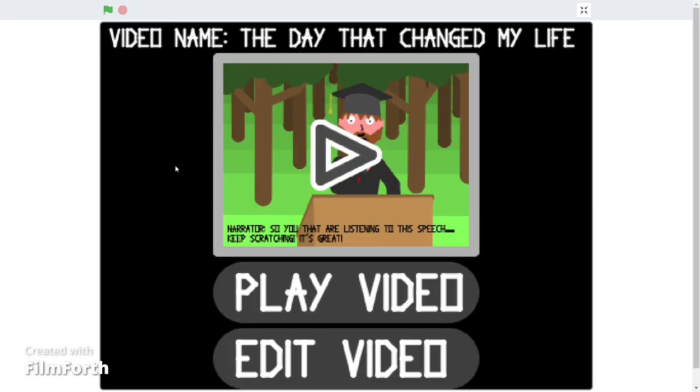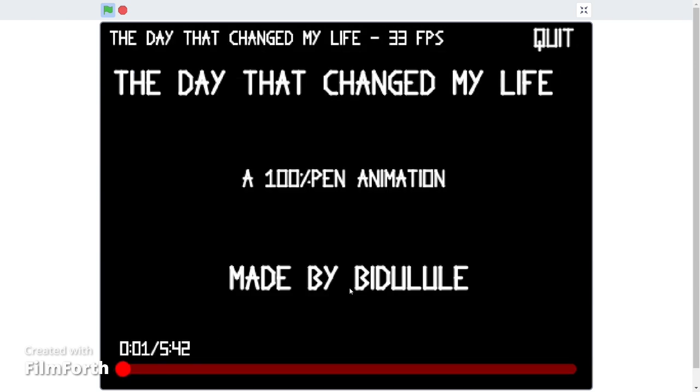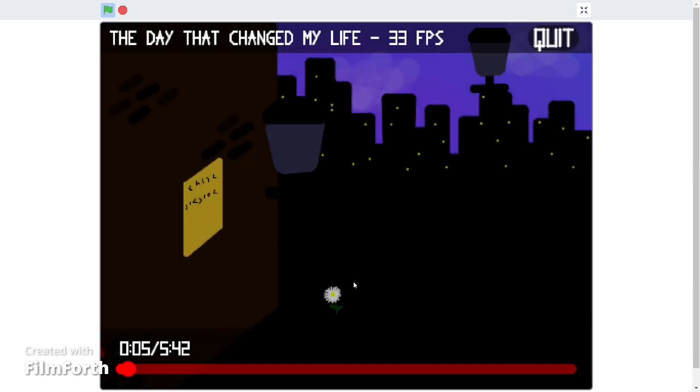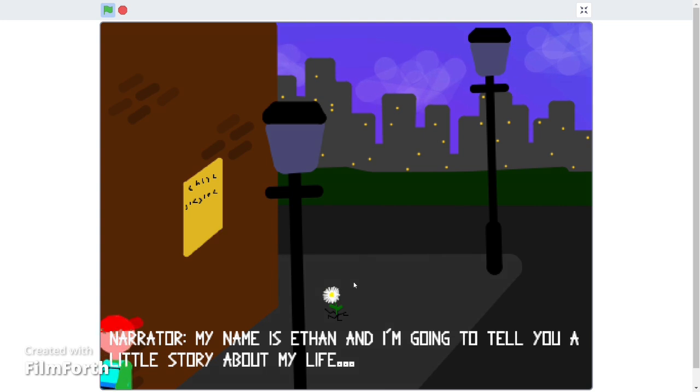First of all, you should know that there are several areas in this project. So the first area is called the main menu, and it appears automatically when you click on the green flag. It allows you to choose between viewing the animation or editing it. If you click on play or on the thumbnail, you arrive in the second area, which is the main player